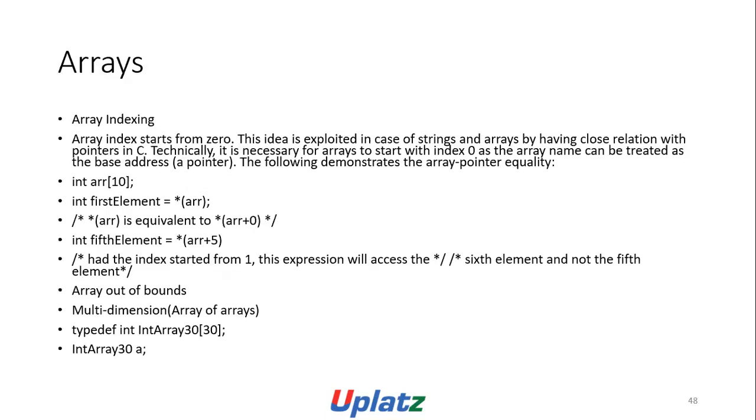Array indexing. Array index starts from 0. This idea is exploited in the case of strings, and arrays have a close relation with pointers in C. Technically, it is necessary for arrays to start with index 0, as the array name can be treated as the base address, a pointer. The following demonstrates the array-pointer equality: int arr[10]; int first element = *arr;